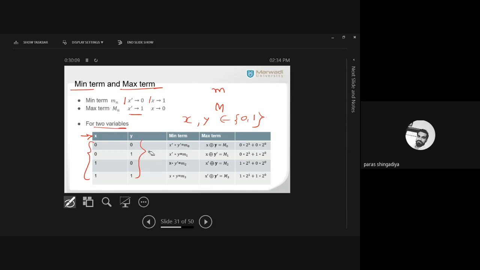ठीक है? So what is the minterm expression for 0,0? दोनों 0 है, ठीक है. So as per our condition, when we consider 0, both the variables should be the complement, then the answer represents the 0 in the minterm. So it will form as x dash star y dash. In the minterm we'll use the star operation, and for max term we'll use the ring sum operation. So we'll combine both variables by using the star in the minterm, so x dash star y dash. And in the max term it can be represented as x ring sum y.